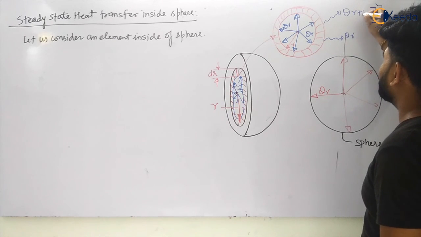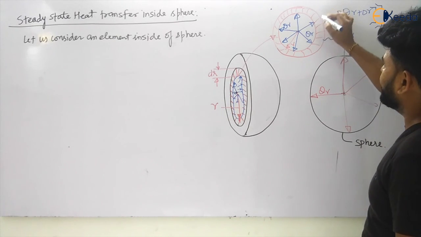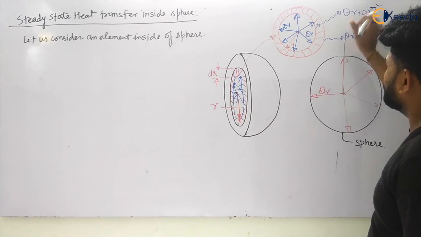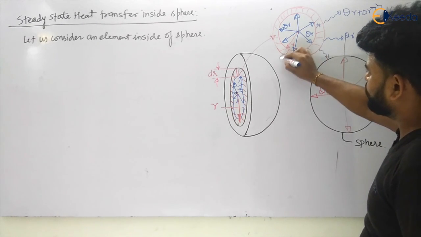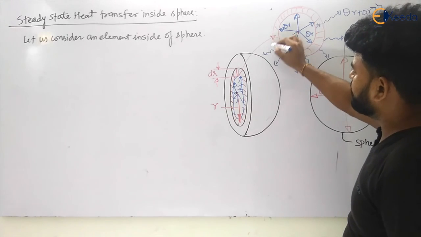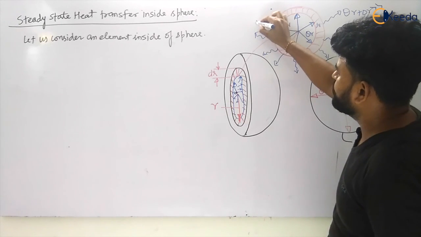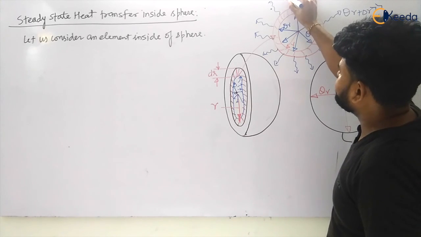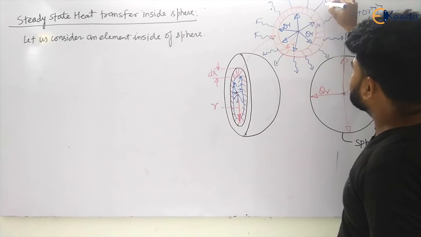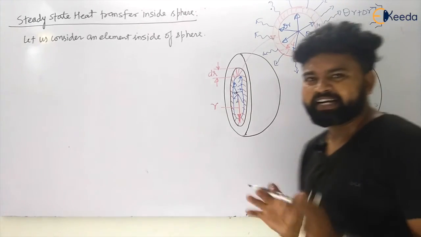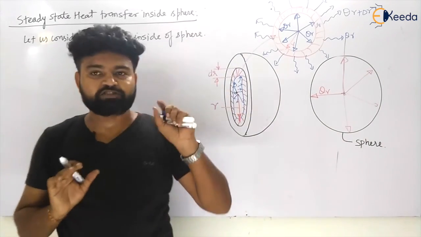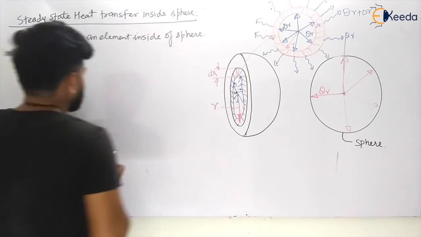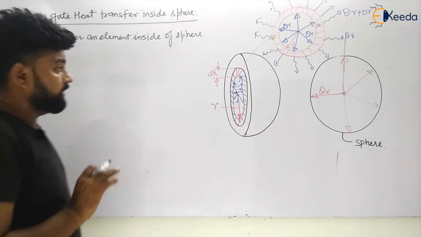So that is QR plus delta R, because after passing that element of dr, let us take it QR plus del R. So in radial direction, outward from this element, there will be some heat transfer, my dear students. Yes or no? Yes, there will be some heat transfer in radial direction. Hope you are understanding how heat is transferring in this. So let us see, I am considering an element.